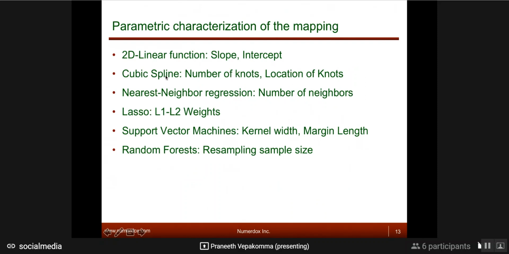That is the cubic spline. There is a proper mathematical function. If you search cubic spline, you'll get it. There's nearest neighbor regression, where my prediction for any output x is going to be, I'm going to find the